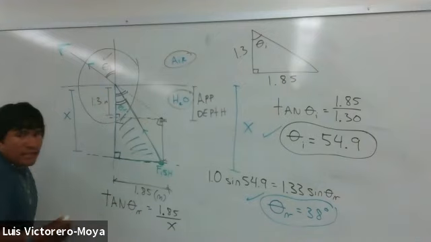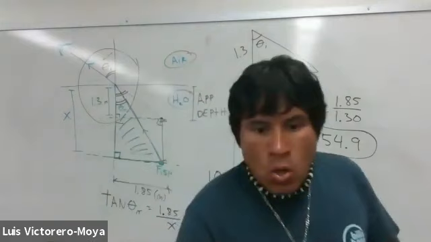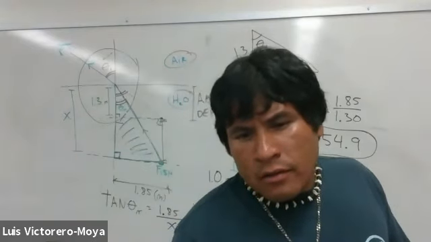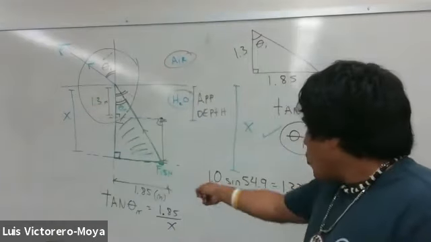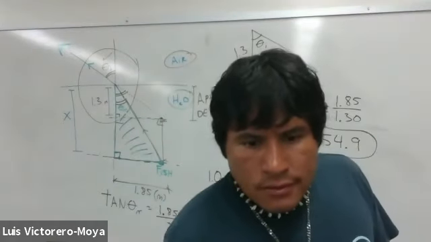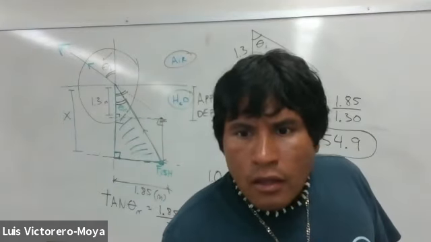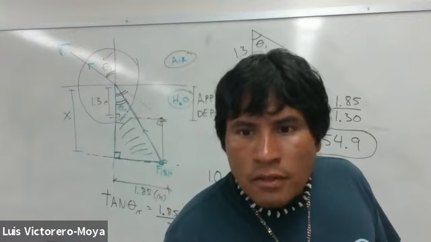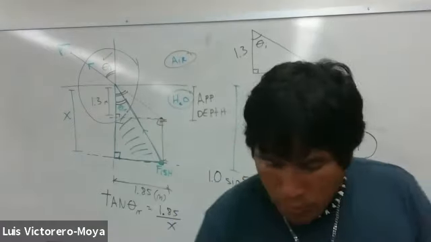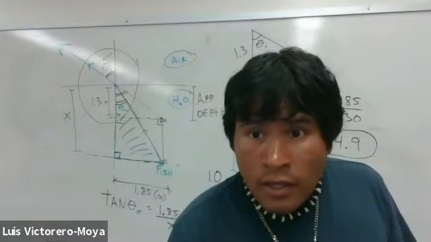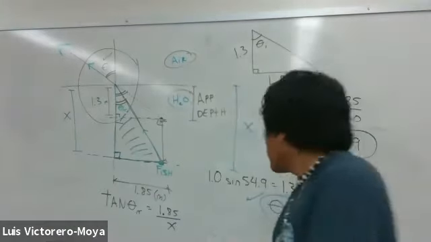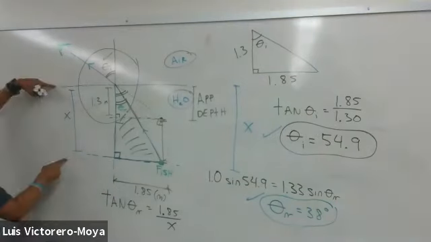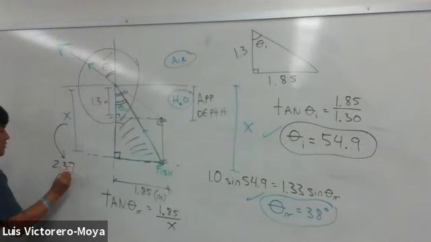So I found this, I found that, and then in this triangle here, I will do x times tangent, right? Oh sorry, I want 1.85 over tangent. So I take that tangent of this, 0.78. So 1.85 over 0.78, 2.37. So the value of x is 2.37